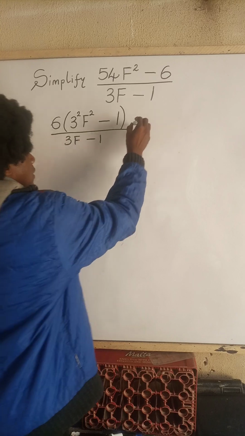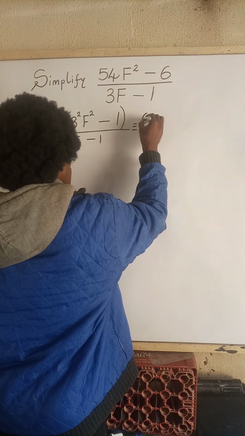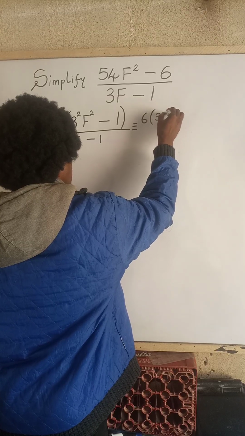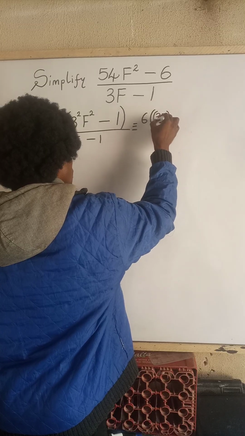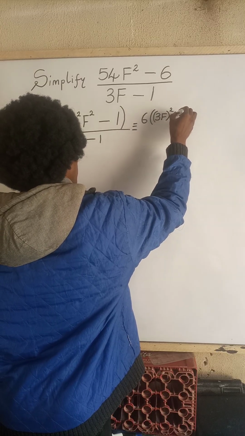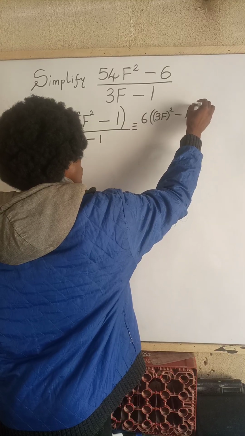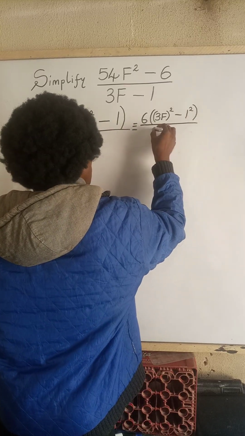Now, this is the same thing as 6 bracket open (3f)² − 1². These two things are the same over 3f